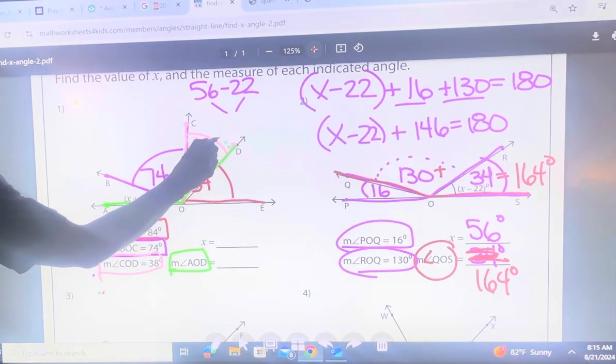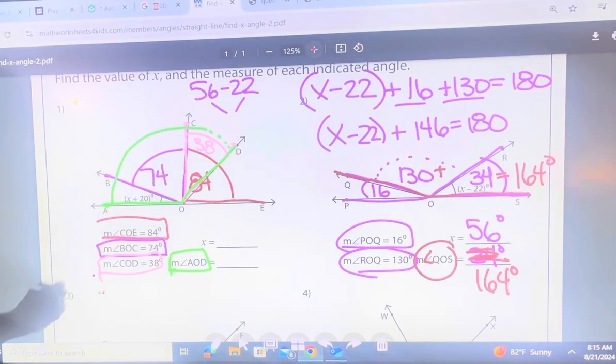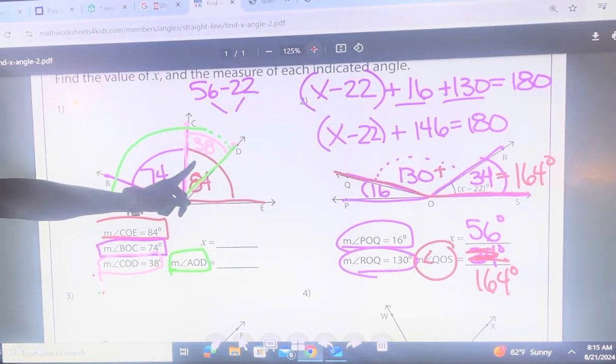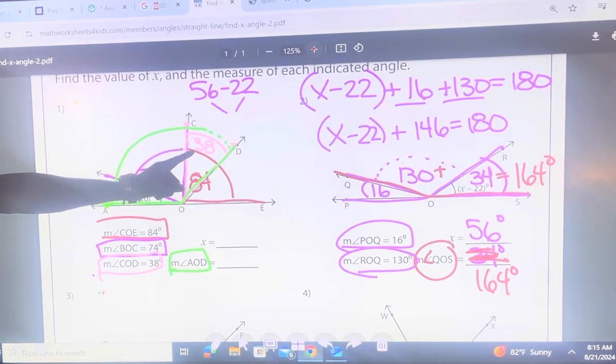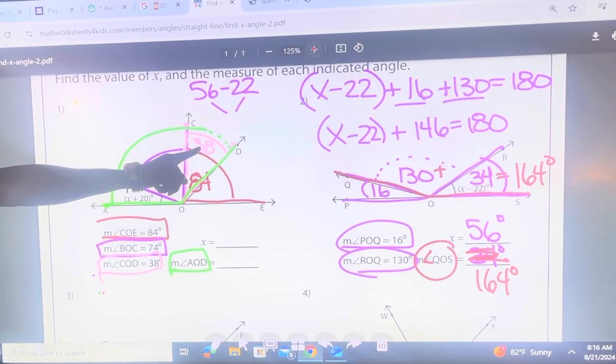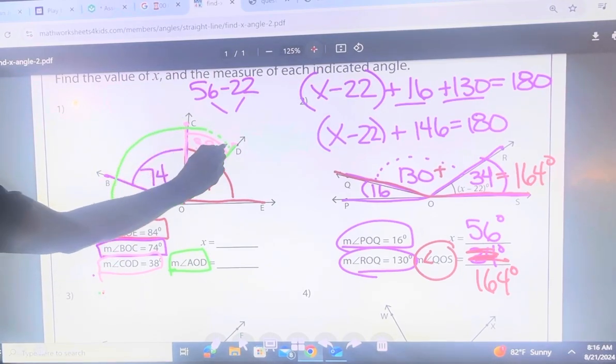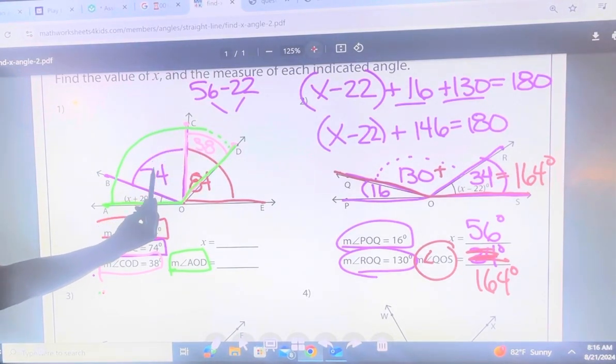We're looking for this here, which is not the entire 84. How much of the 84 are we going to use? Look at it. Which side is shaded? The 38. You want everything here in green, so you're going to add 38 plus 74 plus x plus 20,